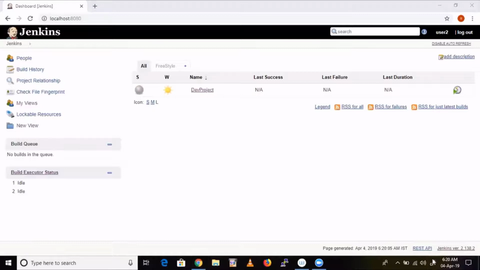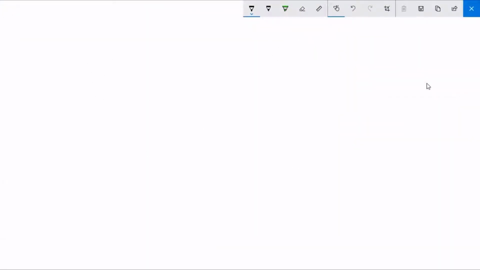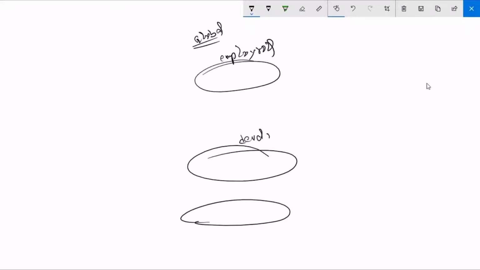So I will explain what I actually did. See here, I have created two roles. This is the employee role, at a global level. Apart from that, I have created two roles at project level: one is the developer role, another is the tester role.